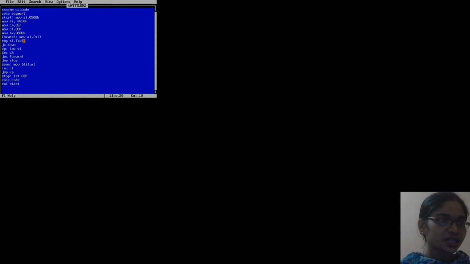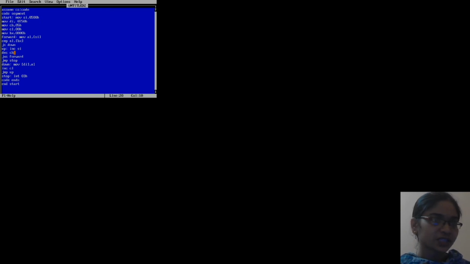The next instruction is jump if 0. If zero flag is set, the program jumps to the down label. The next instruction is increment SI. Through this instruction, the content of SI is incremented by 1. The next instruction is decrement CH.